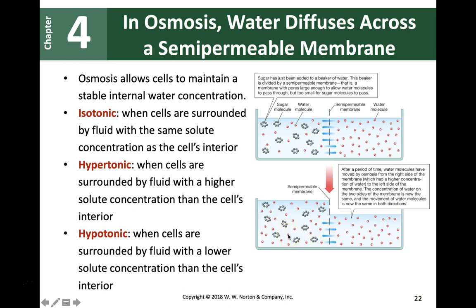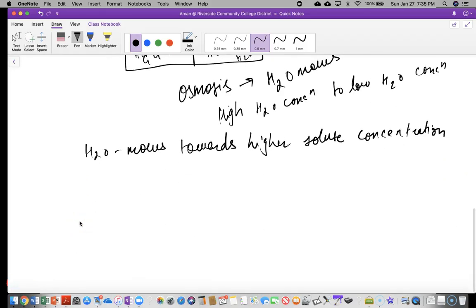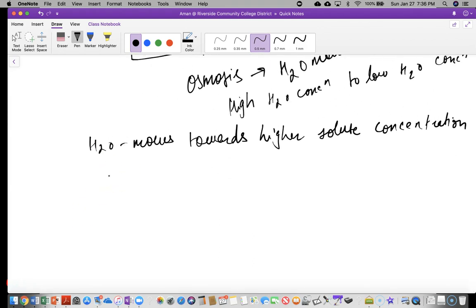Now we've got to talk about these three different cases: isotonic, hypertonic, and hypotonic. What's going to happen in each case? If you take a cell and put it into environments with different salt concentration, different glucose concentration, different solute concentration, then what is going to happen to the cell? Make sure you listen to this carefully as well. So what's going on here? You basically have 3 different containers,